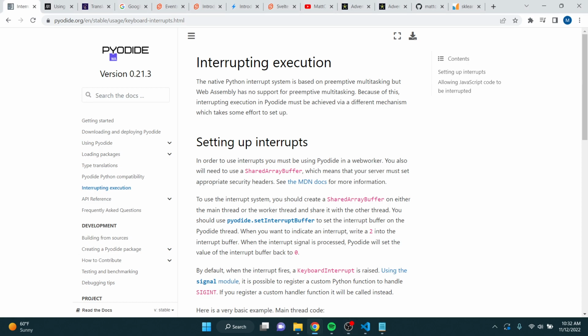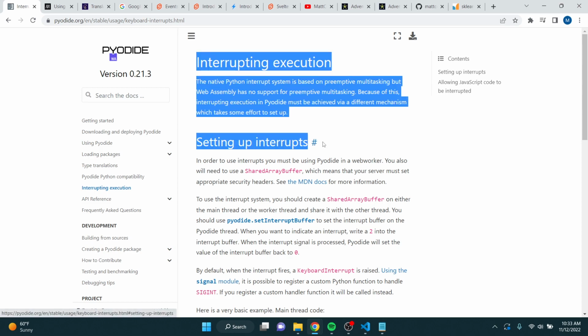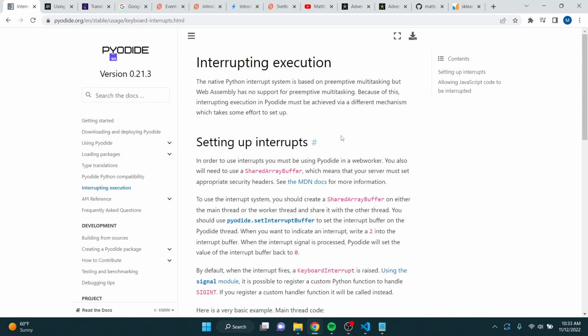All right, so it's been a few days since I've worked on this. The last thing I was looking at was interrupting execution, and I wanted to be able to stop the optimization process whenever and then restart it as needed. I was looking into doing that